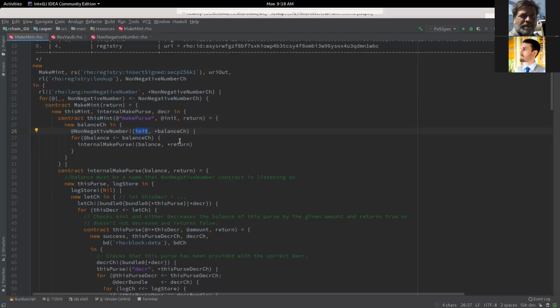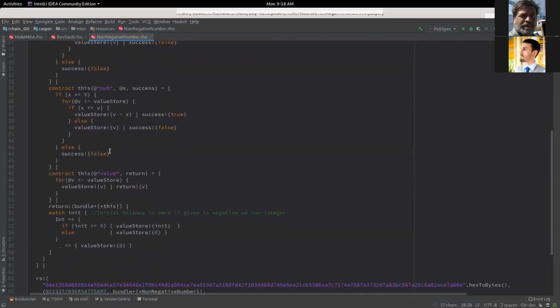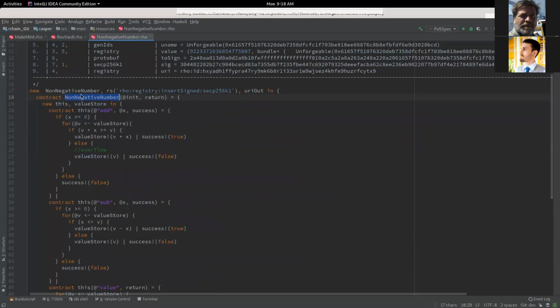initialize thing on it. And basically all that is you're supplying some kind of name, this init, and then some kind of return channel. But the point is, we do a call to this non-negative number contract, which basically just initializes some instance of this non-negative number contract, but with your special name that you're referring to this contract by, sort of.